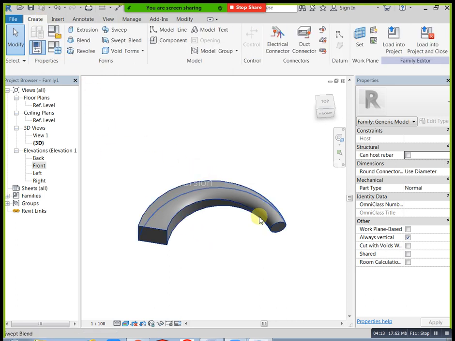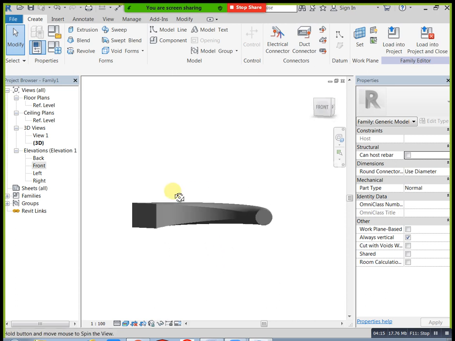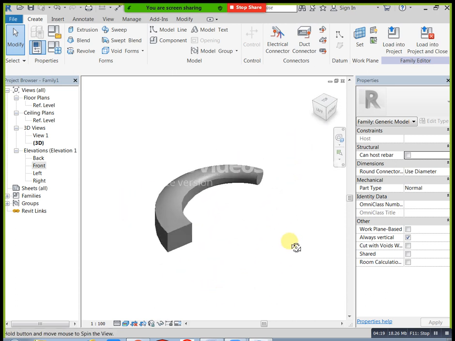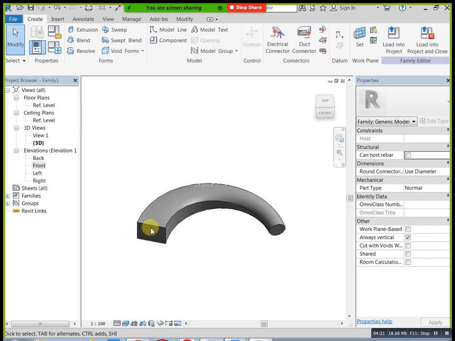If you need to create this type of shape, for example a door handle, in the door handle we have one shape on this side and one shape on that side. That type of situation is where this tool is applicable. That is your ideology. Where you need to apply this tool is completely your ideology. You can apply it anywhere based on your ideology. Next. Now I have completed swept blends also.